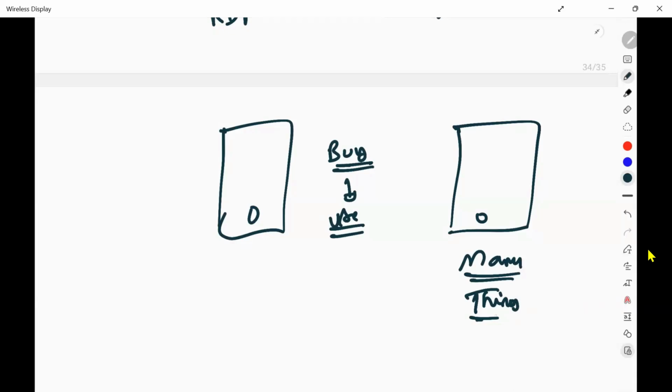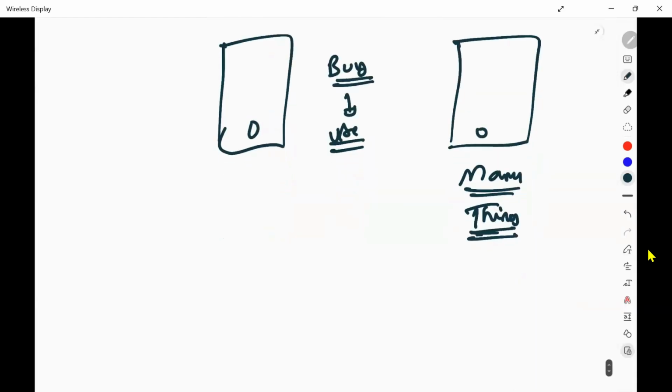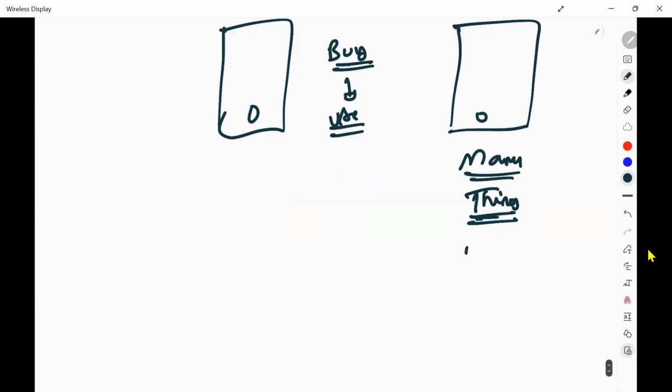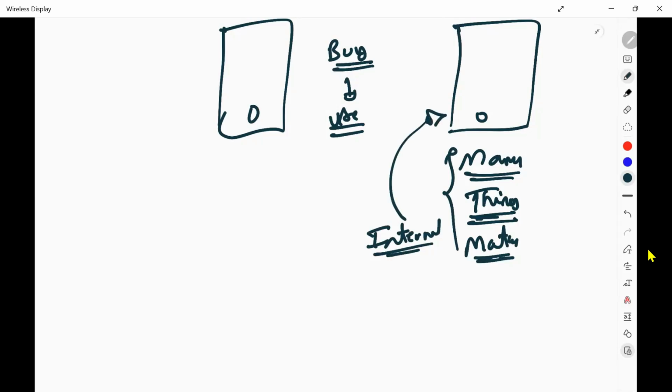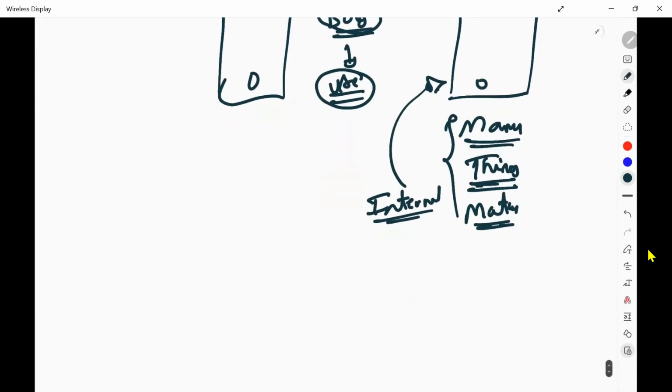What kind of materials they are using to manufacture this phone? That means you don't know the internal components of this phone. You just know how to buy a phone and how to use your phone. Correct? Just apply the same concept here.